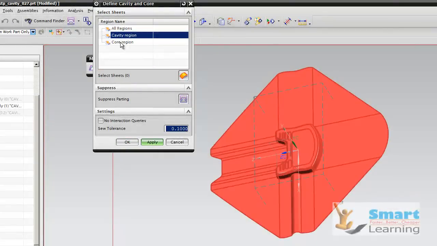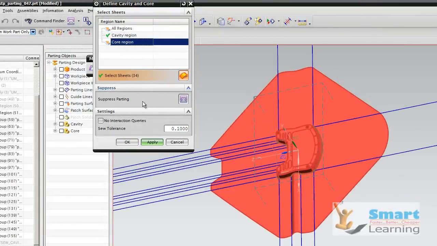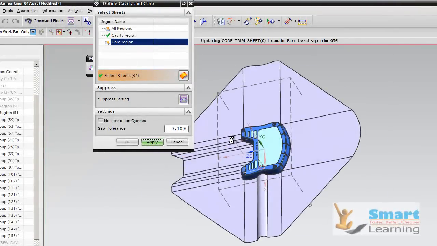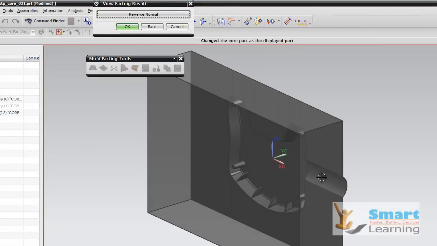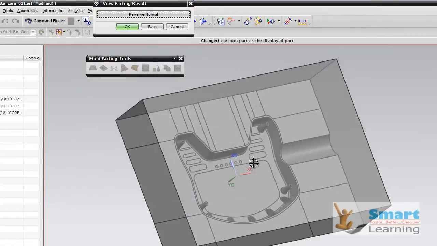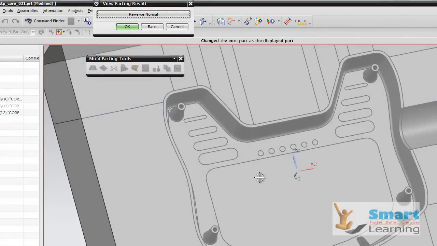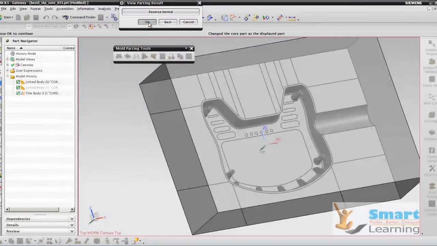Go for core, and you can see a green tick over the cavity, and now apply the core, and now the core will be extracted, and that will be shown here. And now the core is ready. Now we can go for OK and continue our simulation.